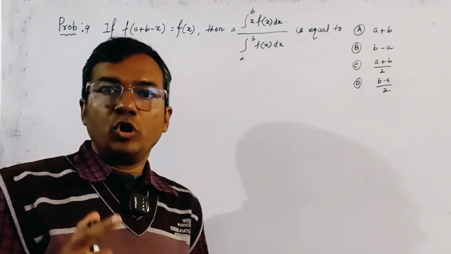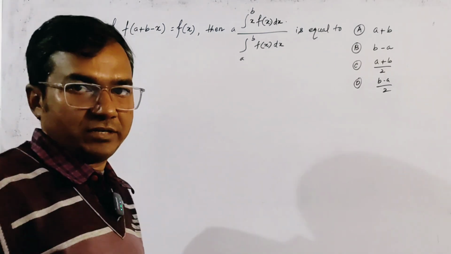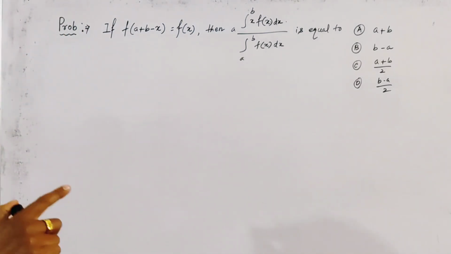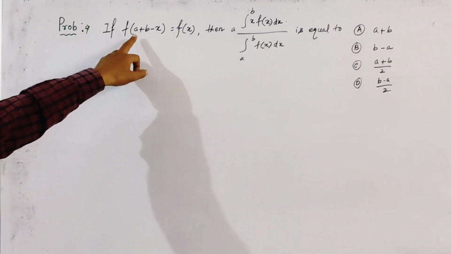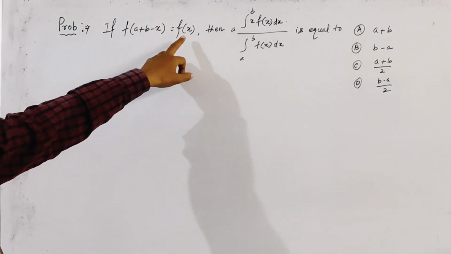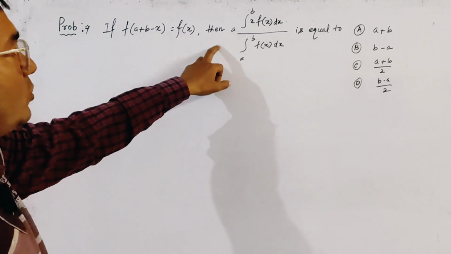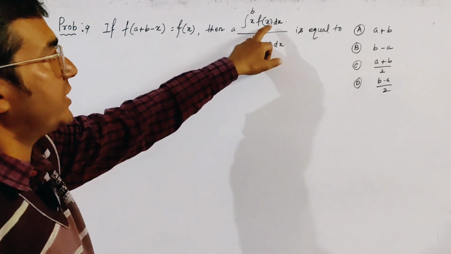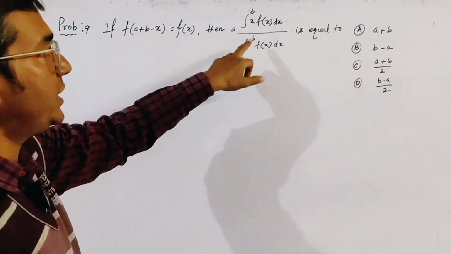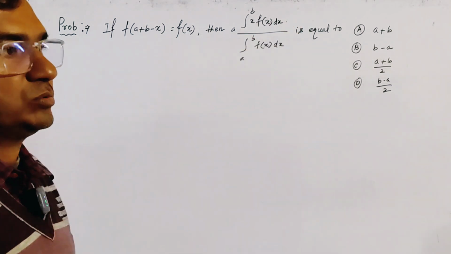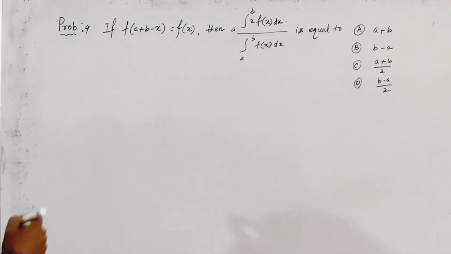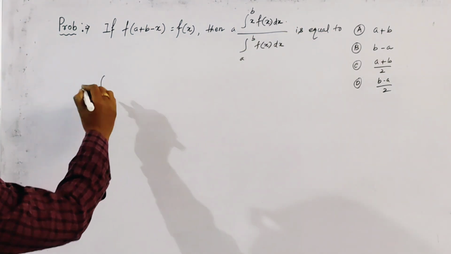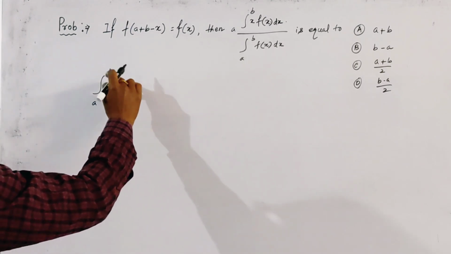Problem based on properties of integration. The problem says that if f of a plus b minus x is equal to f of x, then the value of integration a to b x f(x) dx by integration a to b f(x) dx is equal to. And we know that for any integration from a to b,